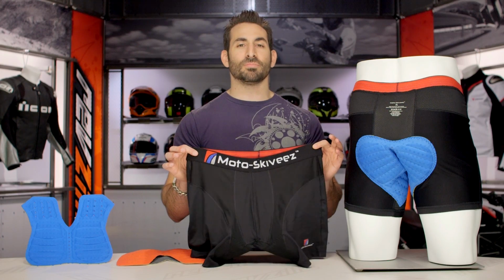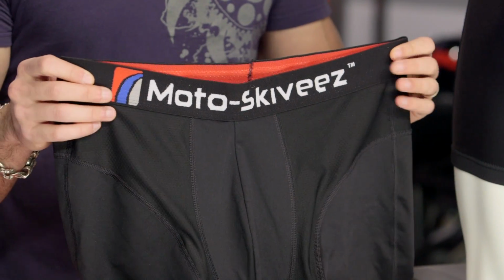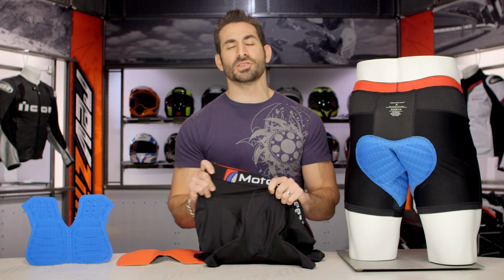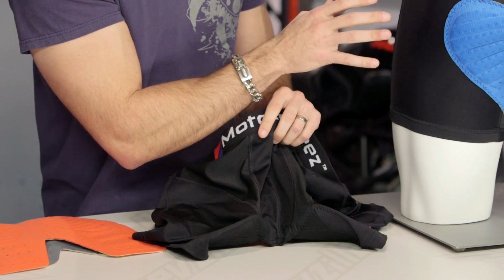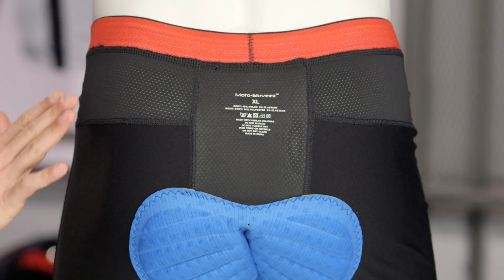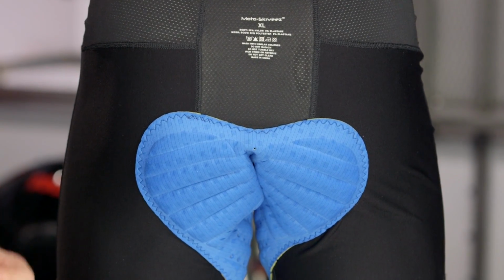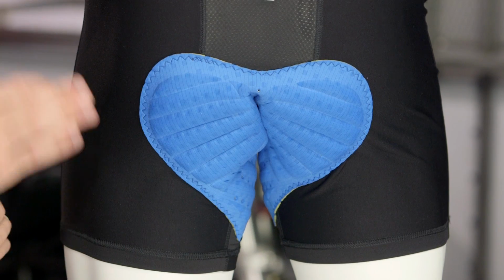What you're looking at is a pair of premium underwear. You can see I have it in front of me. It's like we'd expect to see. And again, coming from the cycling world, it's made of super stretchy Lycra. But I will say this, it's extremely lightweight. And if you look at the mannequin to my left, you'll notice, and we'll walk through it in more detail in a second, there are perforated areas and solid areas. And the key to it is that each pair of these underwear is going to have the specialized technical pad,